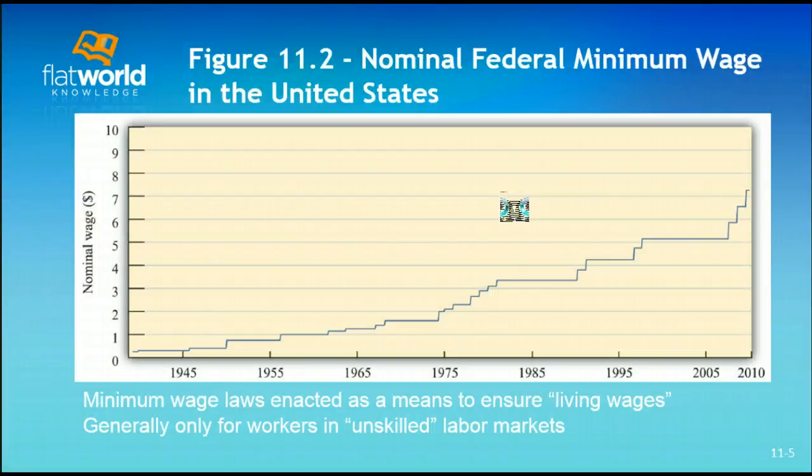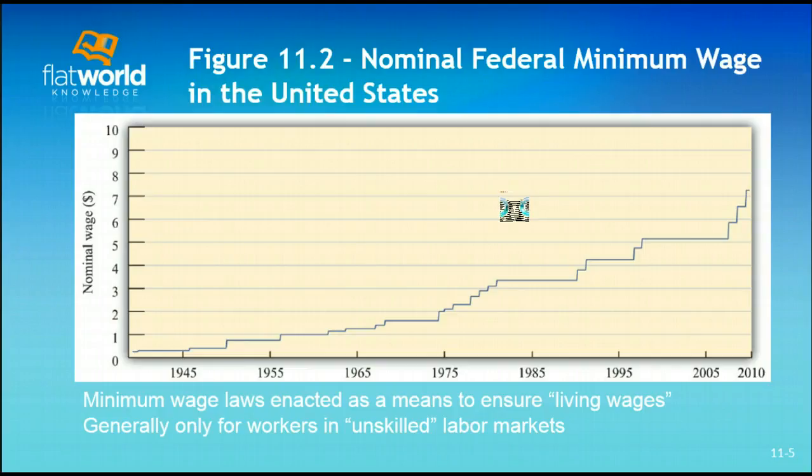Now, just looking at a history of how the minimum wage has worked, the first minimum wage in the United States at the federal level, at the national level, was in 1938. The Fair Labor Standards Act, passed in 1938, called for a minimum wage. Now, it was enacted so that workers who were actually working could be paid living wages. It was generally, however, only used for workers in what we call low-skilled or unskilled labor markets. Now, this is not as derogatory as it sounds. What it means is that workers in these markets do not need a special certification or special training necessarily to at least secure the job.